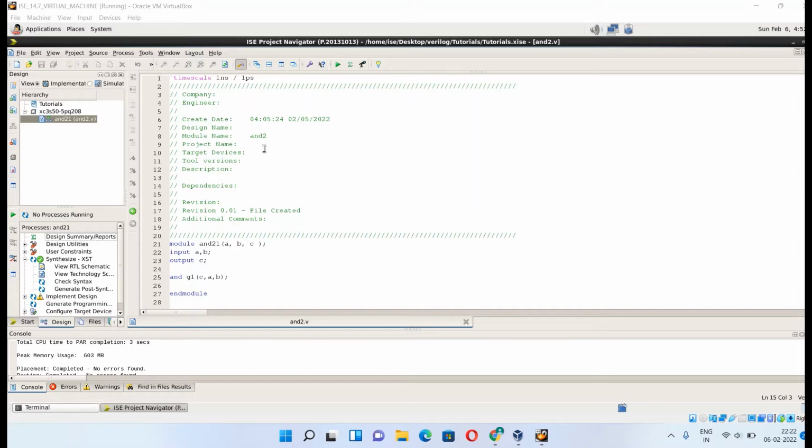Hello guys, today we will proceed further and learn how to create a test bench in Verilog code for your particular module. In the previous tutorial we saw how to make a module of a two input AND gate. Now we'll see how to check the simulation behavior for that two input AND gate